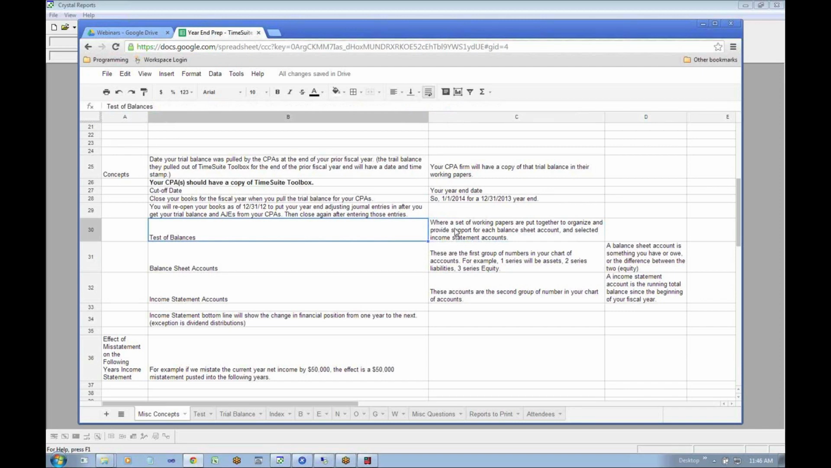So test of balances is a big term when it comes to month ends and year ends. And so one question that people pose is, how do you know your books are correct? And the answer is you don't unless you do a test of balances set of work papers. And that gives you some sort of assurance that each of the accounts that you do a test of balances